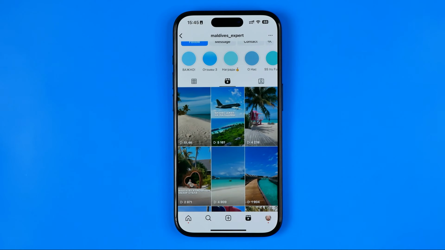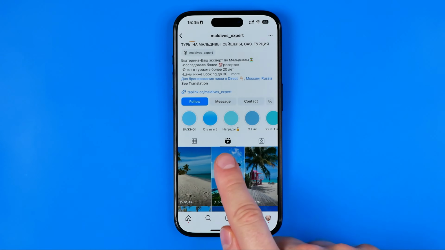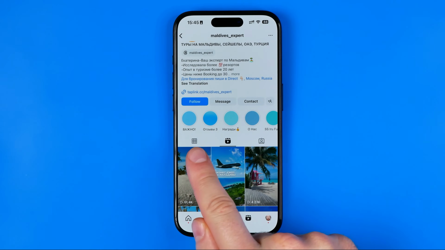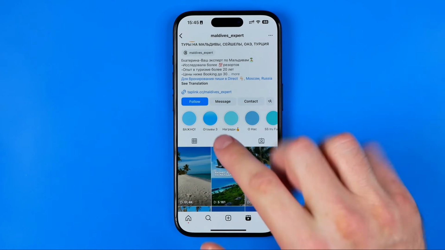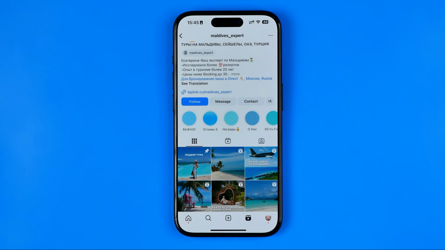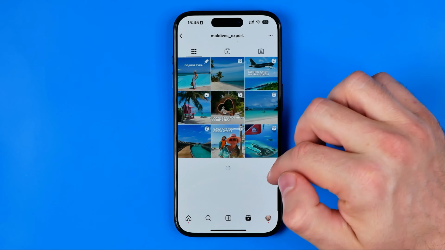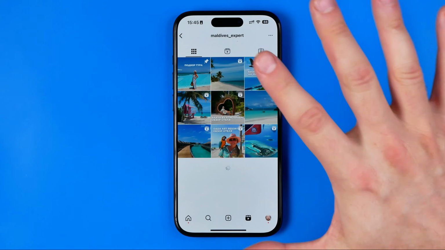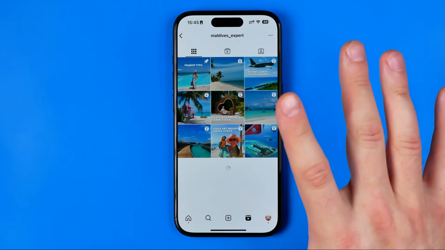shared that reel, and after that we need to switch from Reels tab to this post view. That will show us all the posts and reels from that particular user. And after that we need to scroll down until we find the reel which creation date we would like to